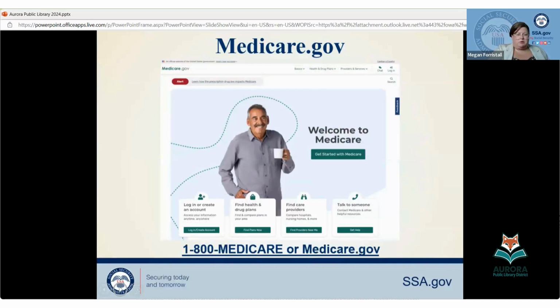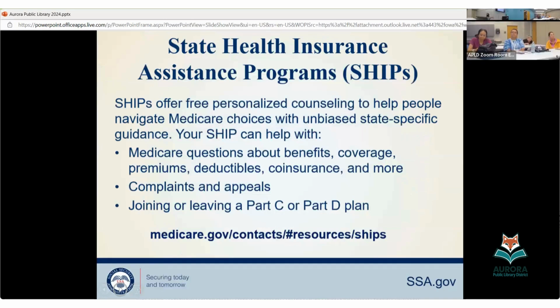They have a personalized account, or working with a SHIP counselor. There's SHIP counselors in Aurora, there's SHIP counselors all over the suburbs. The Senior Service Associates has them, a lot of other organizations have them. The reason I can tell you about SHIP counselors is because they are trained through the Department on Aging. They do not charge a fee, and they are not in charge of selling you a specific plan because they're not working for an insurance company.